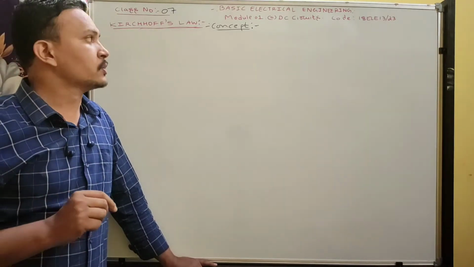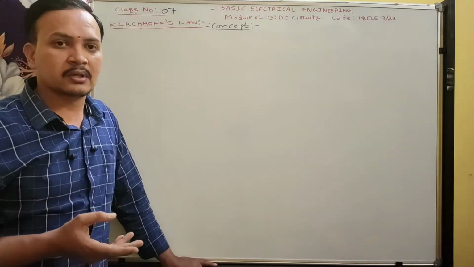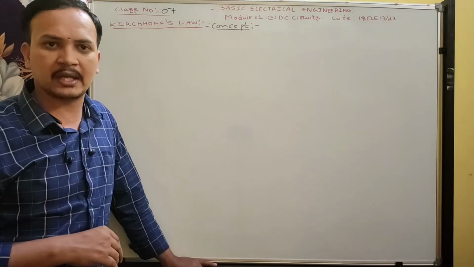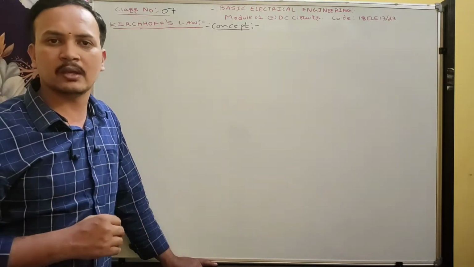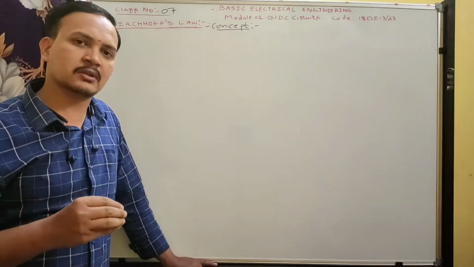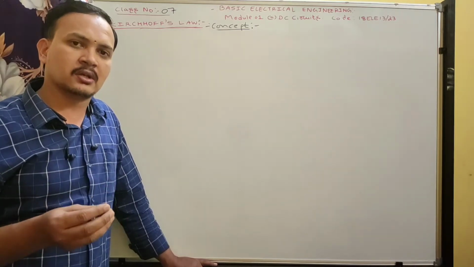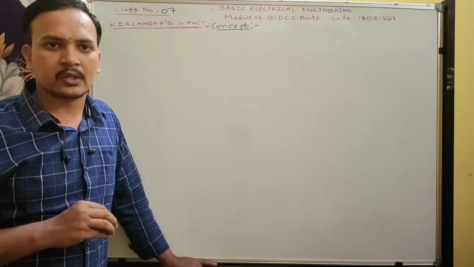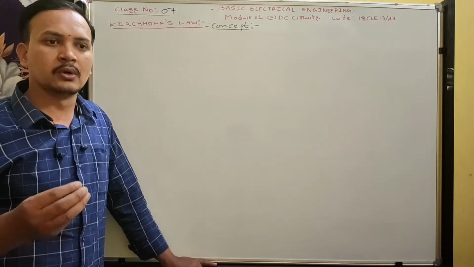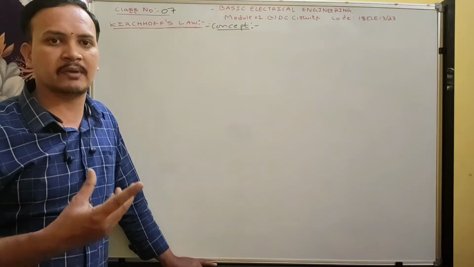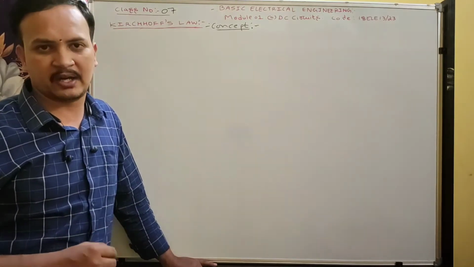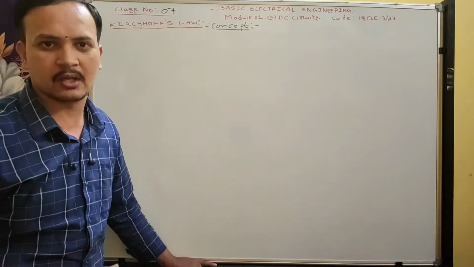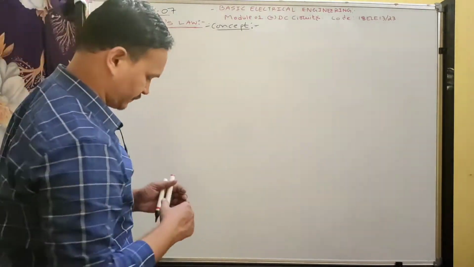So if the directions are not given, students will assume their own directions. One will assume clockwise, other students will assume anti-clockwise. All possibilities will be there. So under that condition, if the direction changes, your numerical value will be the same. Only the sign will differ. So we need to be very familiar with all such things. Then only we can solve problems effectively. So that strong concept I am covering in this lecture. Please watch it and please give thumbs up.